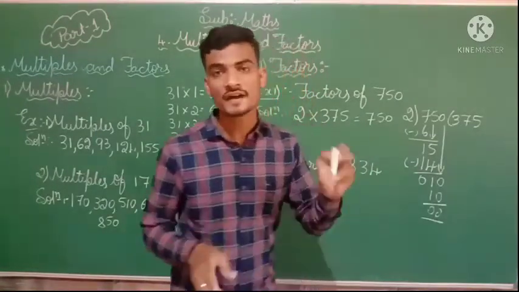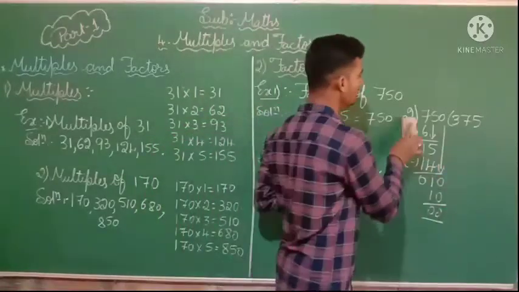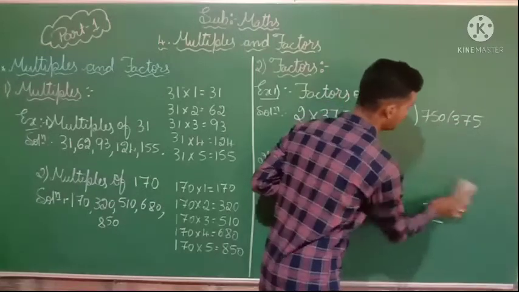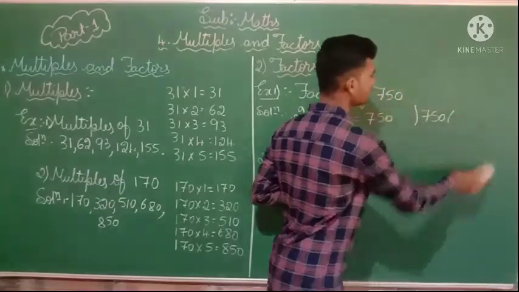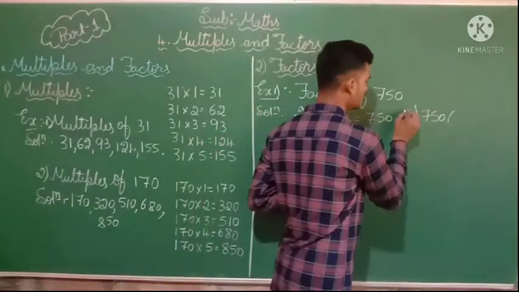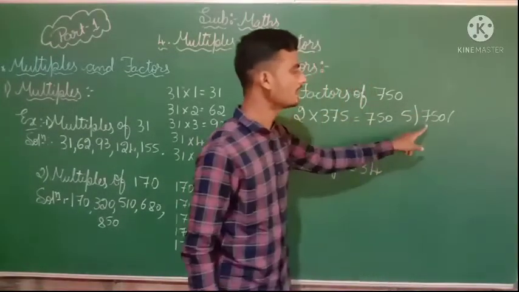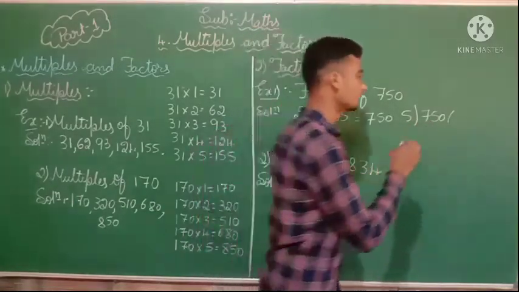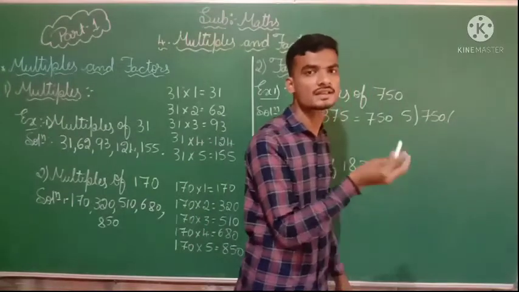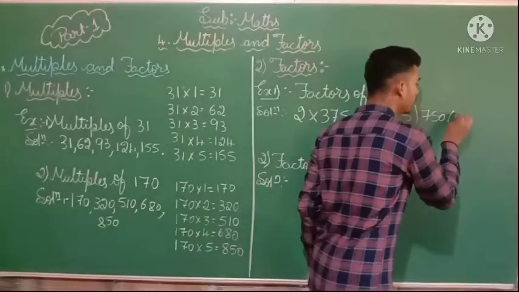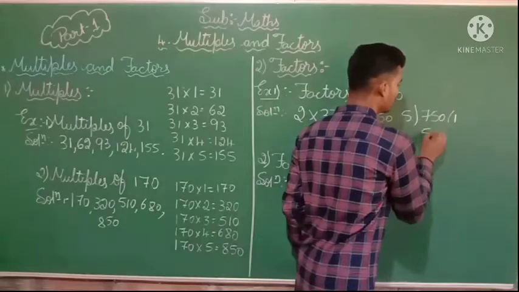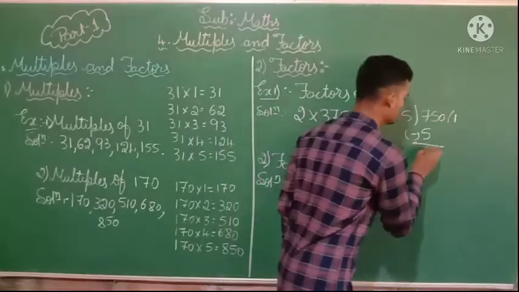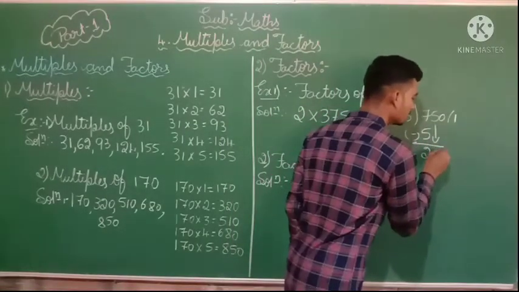Then we want to take a 5. 750 is going to be divided completely by 5. So we will take 5 here. In the divisor place write down 5, and in the dividend place write down 750. Then 5 how much is 7? You will not get 7, so less than that you will get 5. 5 ones are 5, 7 minus 5 you will get 2. Then take this 5 down here.